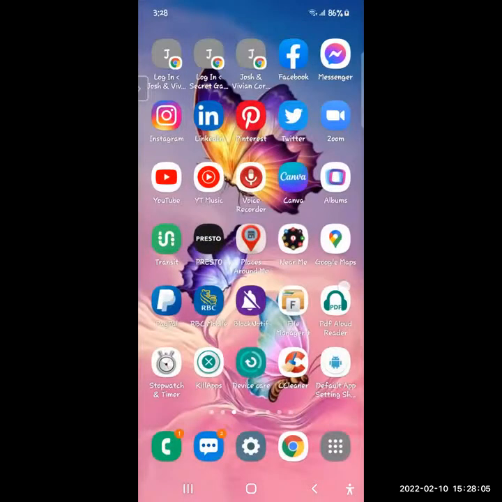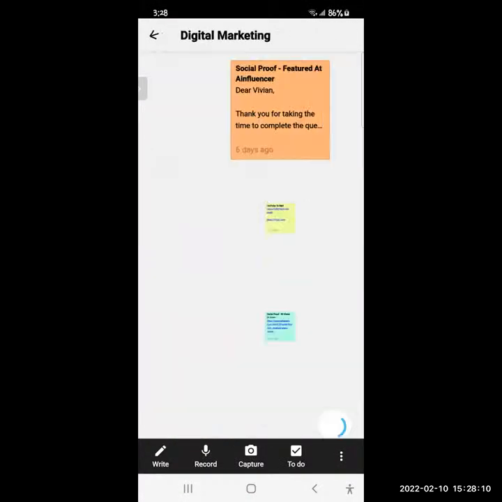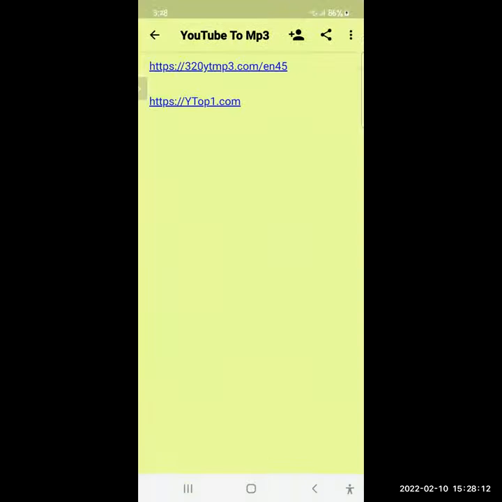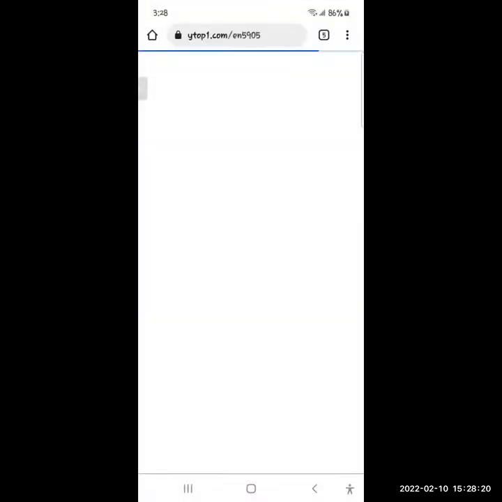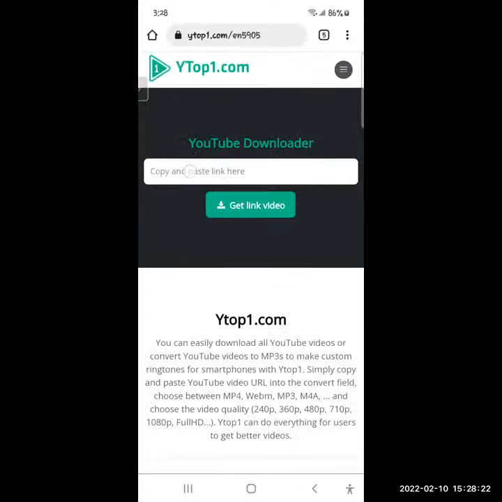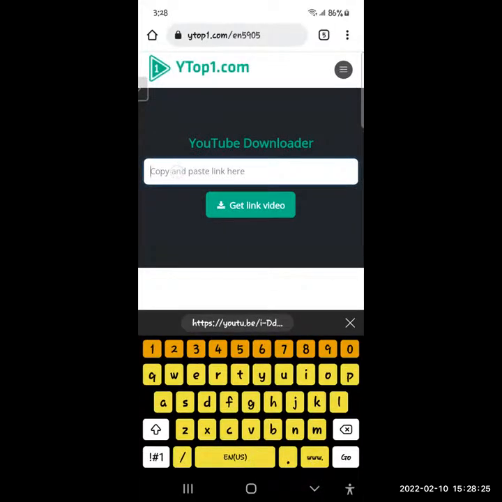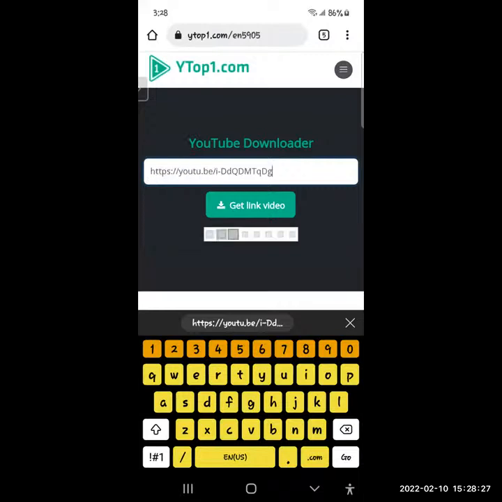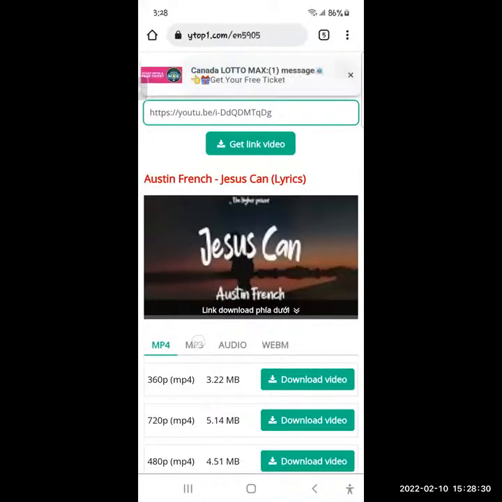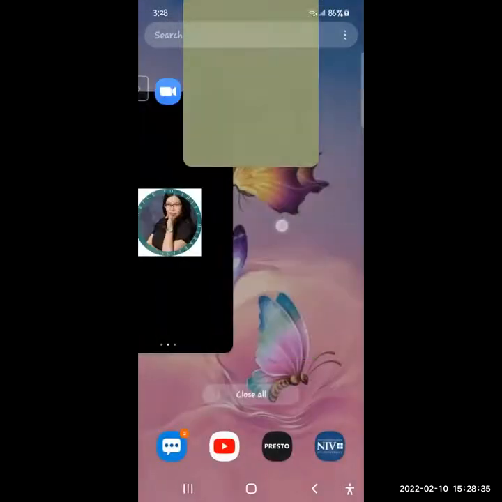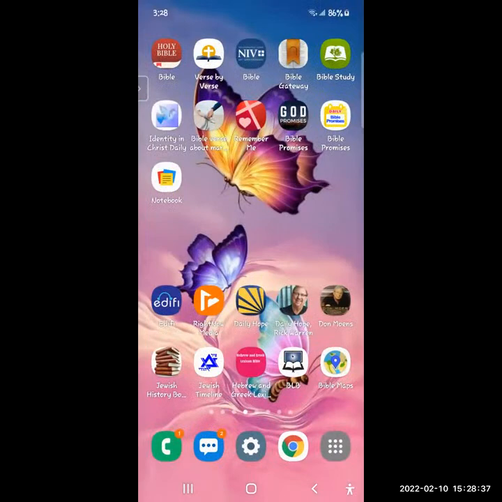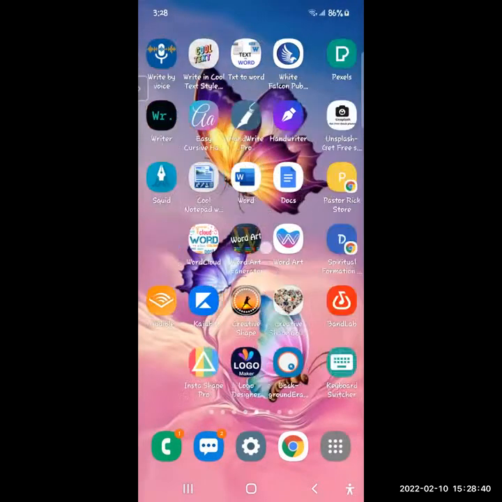And then I go to either of these two links is fine, but I put the bottom one. And when you're at that site, you just paste the link that you copied from YouTube. And then you go to MP3 here and download, the green button download. I'm not gonna download that song because I already have one that I downloaded. The next thing, you want to